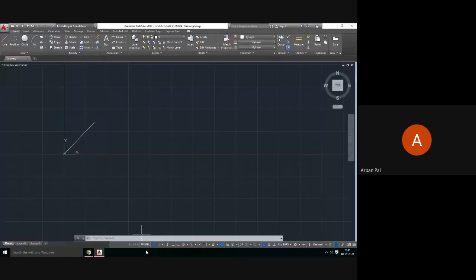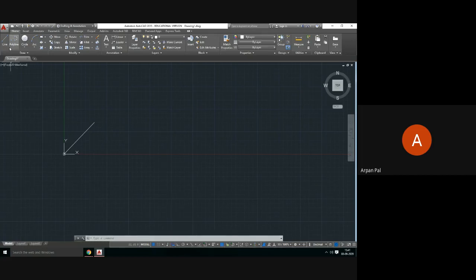Now, whatever our command is, that means the at-the-rate symbol, the angle symbol, the coordinate points, or the dimensions, whatever I have been telling you until now, may not be shown in the command box, just like in this software. Some software has a problem like this.